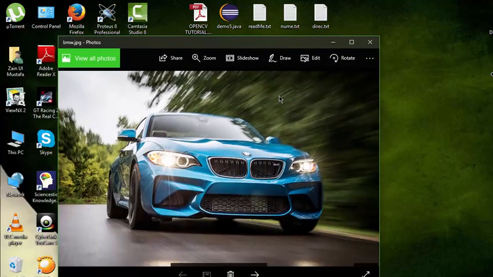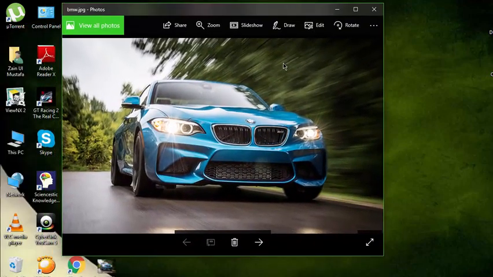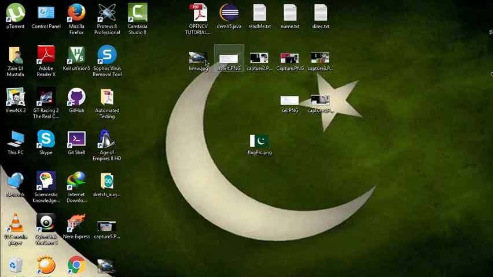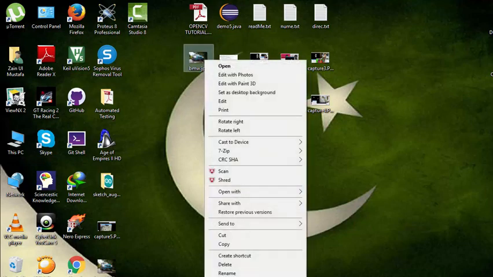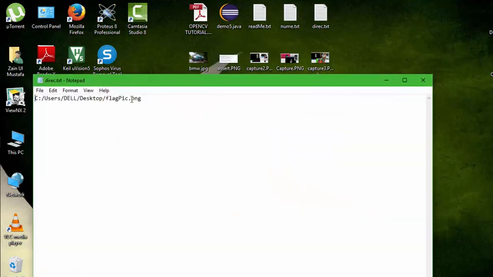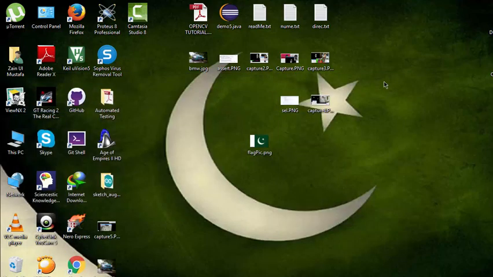Yeah, now this is the image that I need to process. Not process, basically blend with the webcam frame. Now what I need to do is know what its link is. Now it's basically on my desktop and it is bmw.jpg. Now I made a single file like this. This is my actual link and it is bmw.jpg, and I'm going to save this thing, but first I'm going to copy this.